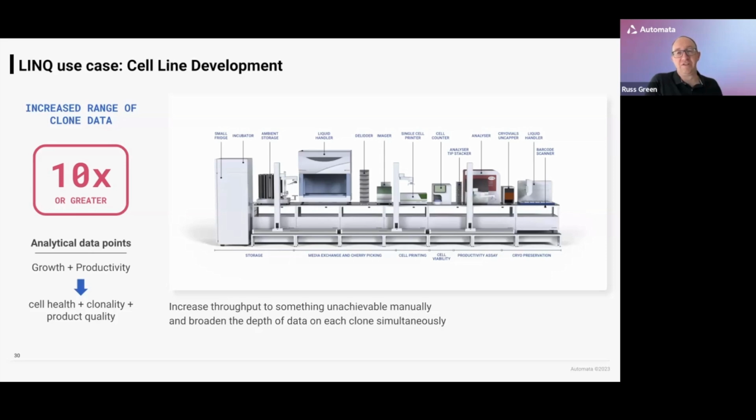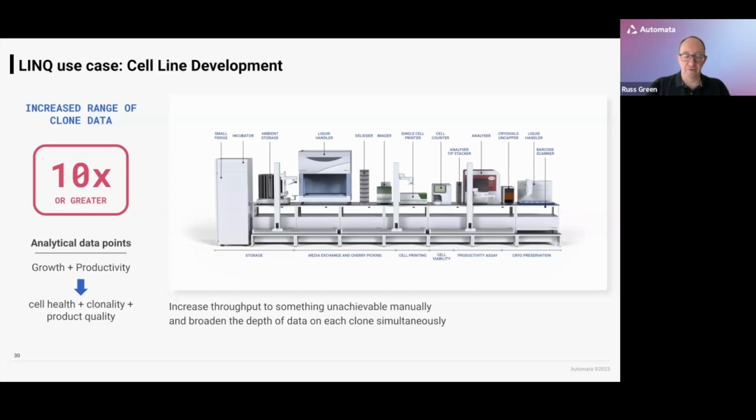On this system, it was really just there to measure product titer, but we also looked at whether we might start adding in analyses around glycosylation or charge variance or things like that, all possible through this kind of device. Finally, on the right-hand side of the system, we also have a further small liquid handler, really just for handling the pooling of cultures of clones into a single cryovial so that we can then store them ready for handing over to the next part of the process.